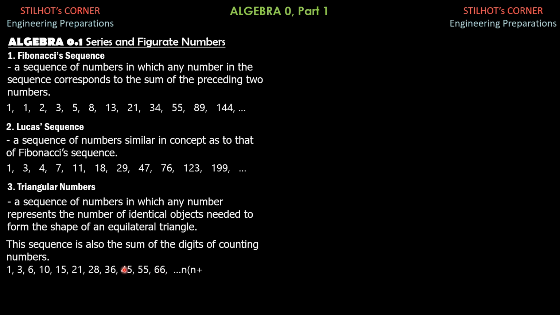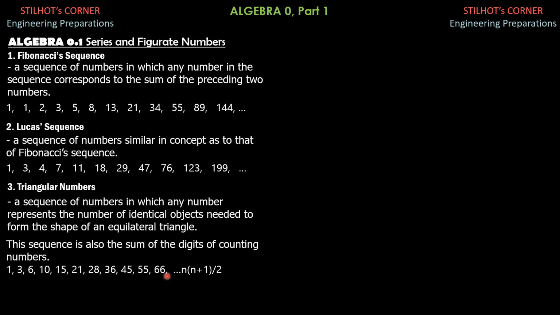So in general, because these are the sum of counting numbers 1, 2, 3, 4, and so on and so forth, we use the formula in arithmetic progression, which can be derived later, as n times n plus 1 all over 2. Or this makes sense: any number is the position of that number, n, times n plus 1, divided by 2. Or simply the product of n and the next number, divided by 2.